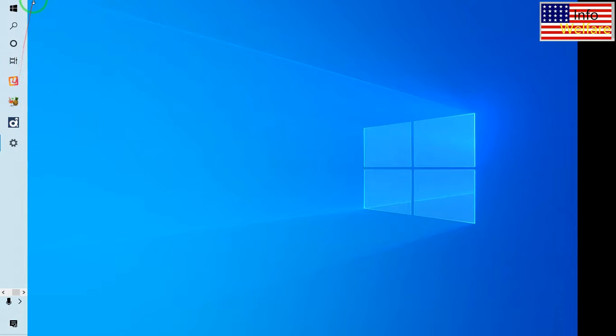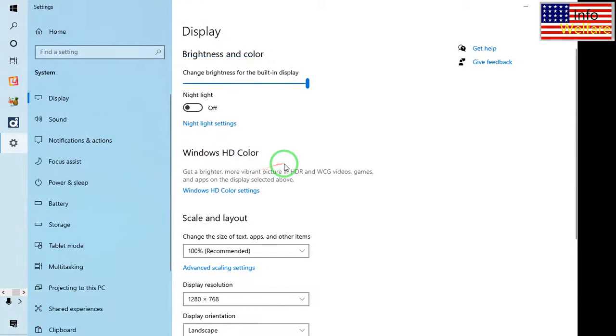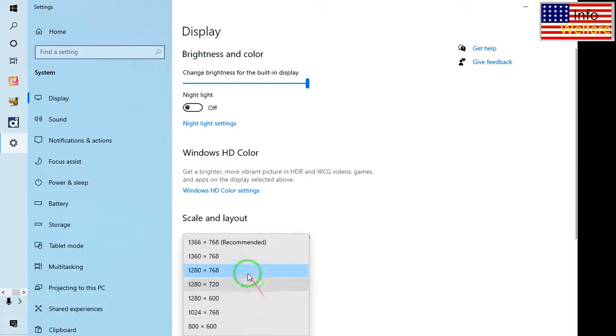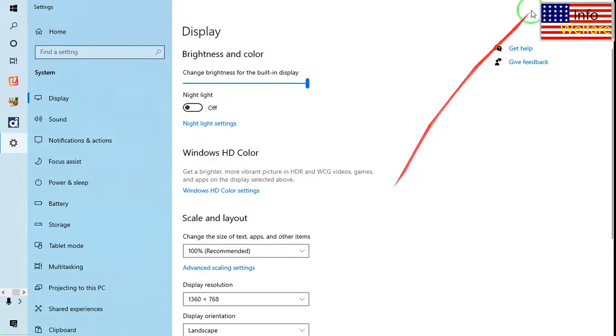See guys, here no recycle bin has been reflected. So what I will do, once again I will come in a display setting, and I will maximize this resolutions, and I will go for keep change. Now see guys, here